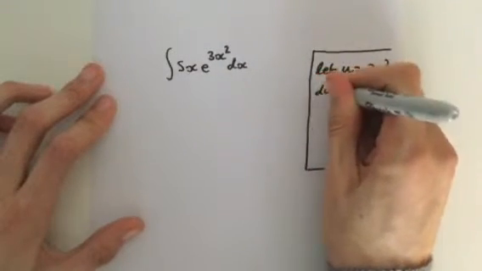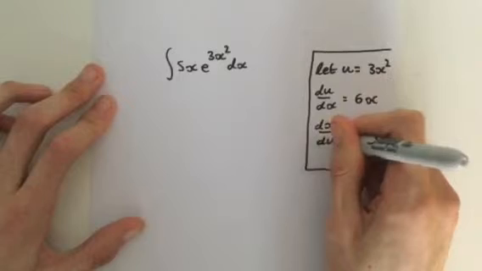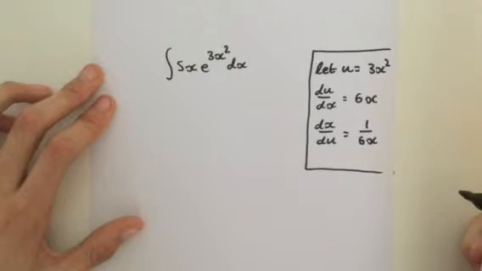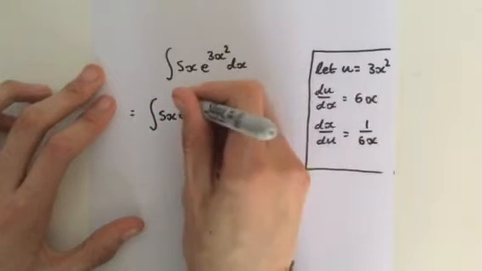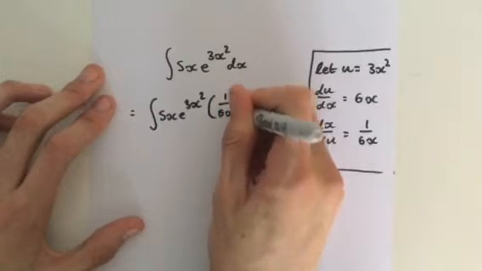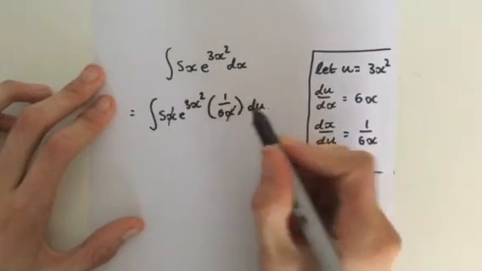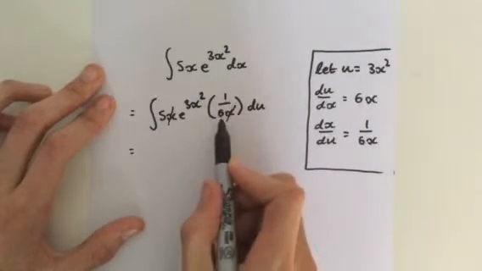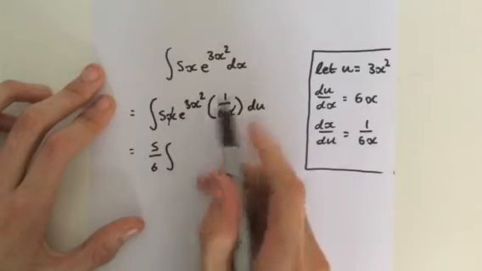So therefore du by dx is going to equal 6x, and of course dx by du is going to equal the inverse of 6x, which is 1 over 6x. Alright, nice and easy. So this then becomes the integral of 5x e to the 3x squared, and now we're going to multiply that by 1 over 6x du. Alright? So as you can see, the x's neatly cancel and we get a constant, which is 5 divided by 6. So we can bring that out and we get 5 over 6 multiplied by the integral of e to the 3x squared, which we're left with,